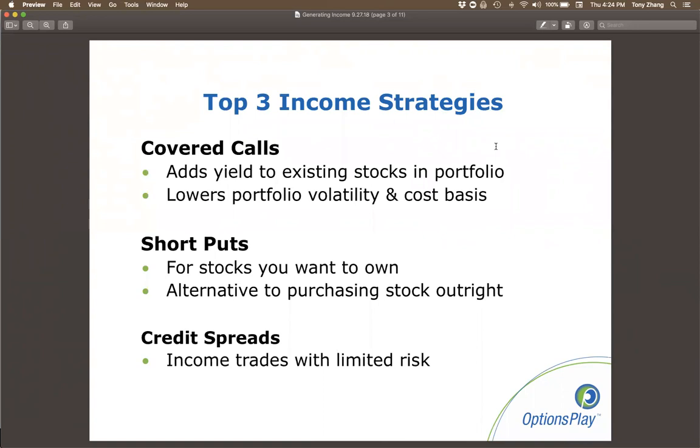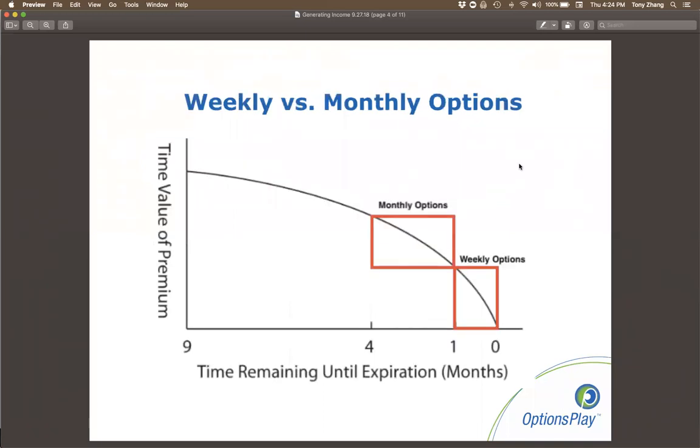Because regardless of whether you own stock, whether you want to own some stock, or maybe you have a bullish or bearish view on a stock, these are the 3 strategies that you can deploy options for to generate some income in your portfolio. So let's go through each one. But first, I want to talk about why we think you should use weekly options